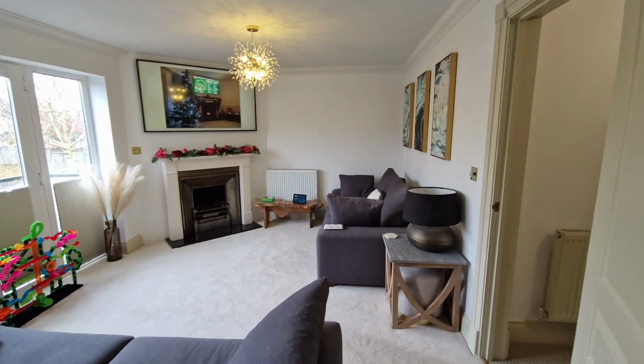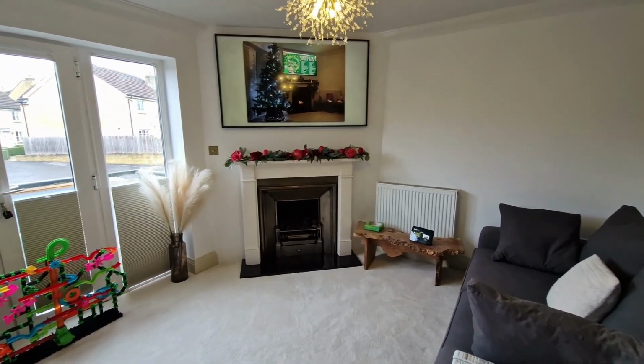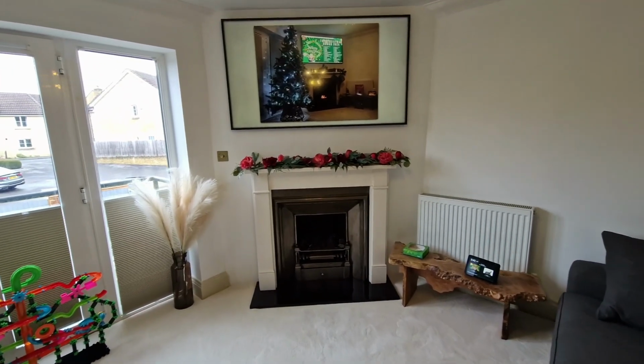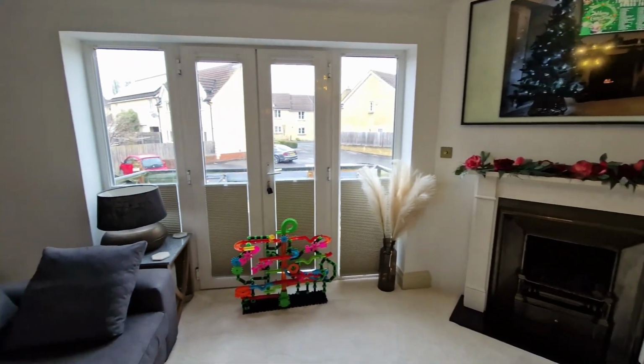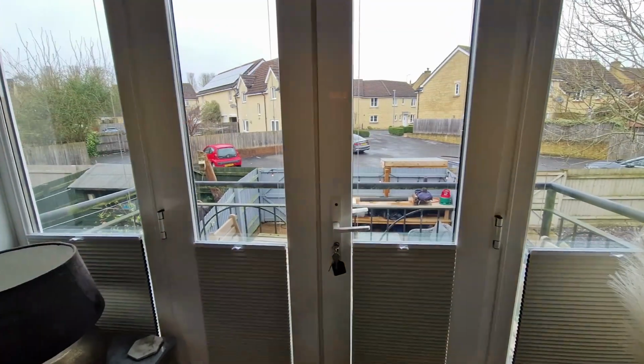This room has got loads of character, which has really been enhanced by that beautiful fireplace section which has been put into the corner. And then of course we've got the French doors out onto this really